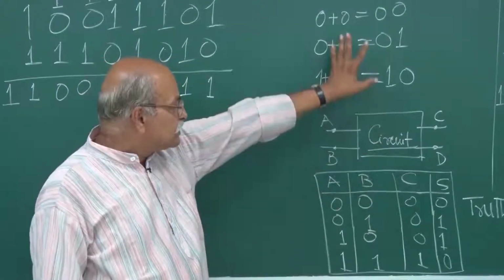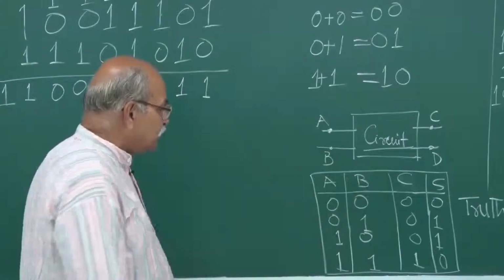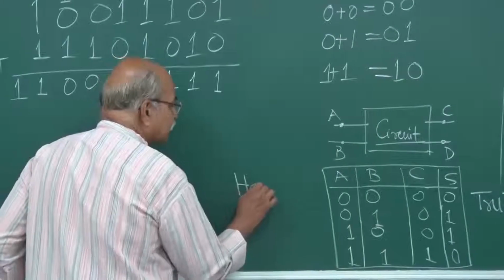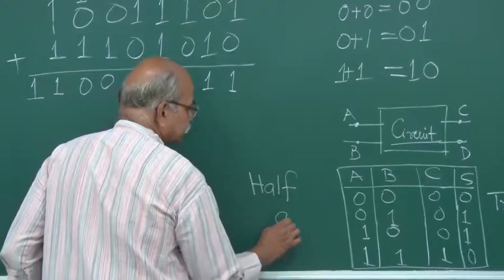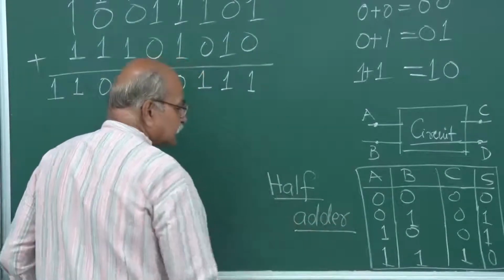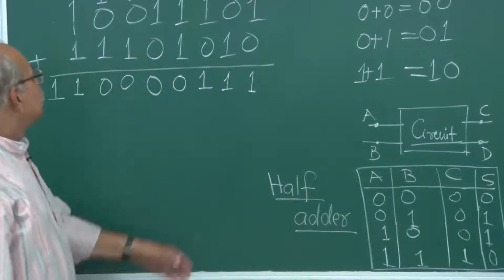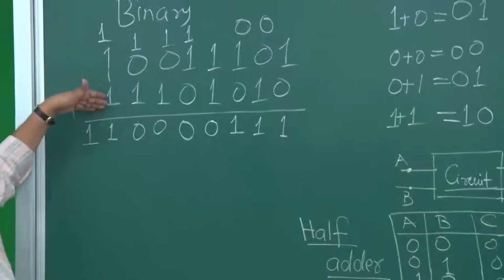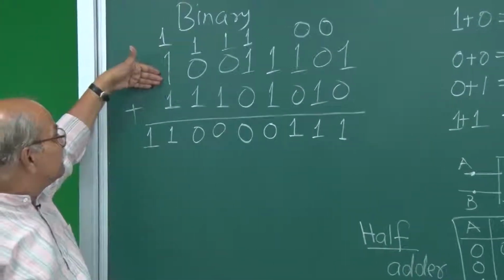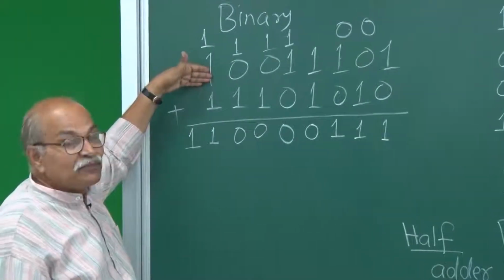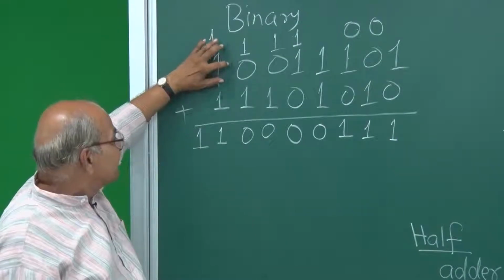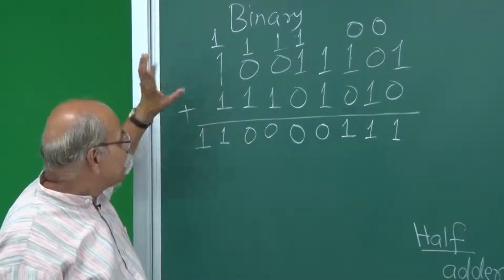By the way, this truth table, this kind of combination, is also known as half adder. Why half adder? Because here you had seen I had this 1 plus 1 plus 1. So I had to do some mental calculation. 1 plus 1 will give me 1 carry and then 0 sum, and then I have to remember that the carry is still there and the sum is to be added in the sum, and so on.